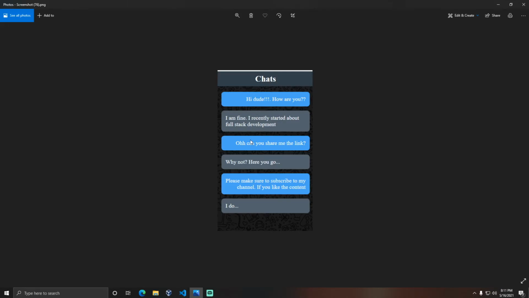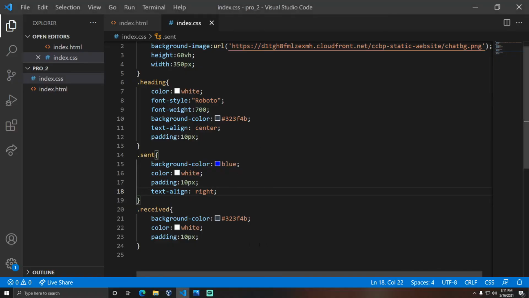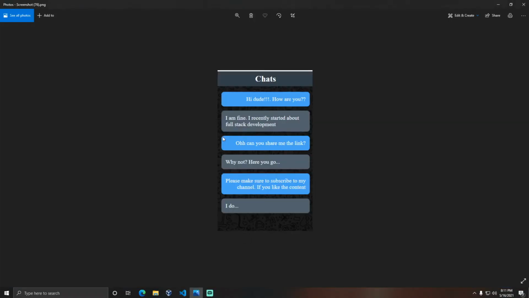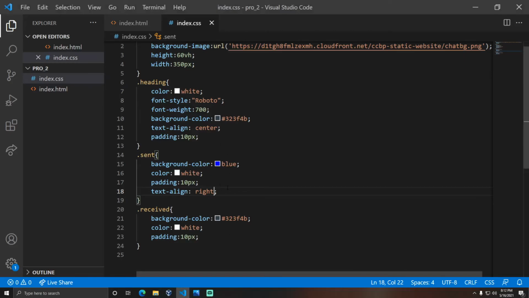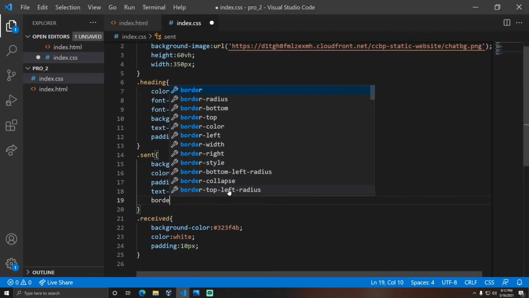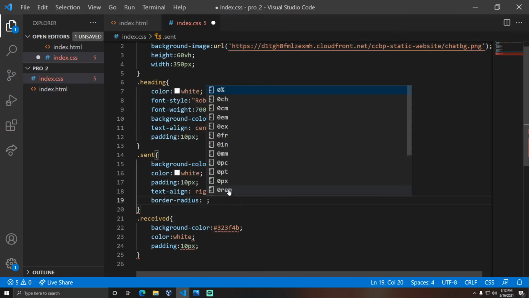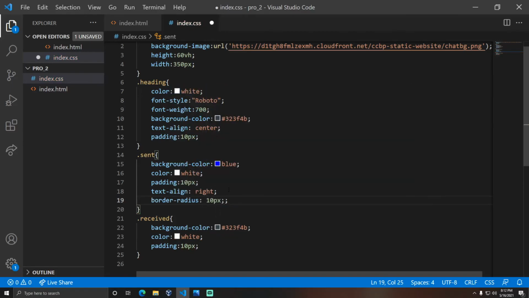Here you need to make sure of the concepts to be learned, how to apply a background color to this element. And here you can see that we are having some curves. So in order to achieve those curves, you need to use the border radius with 10 pixels, so that you will get round shapes like that.